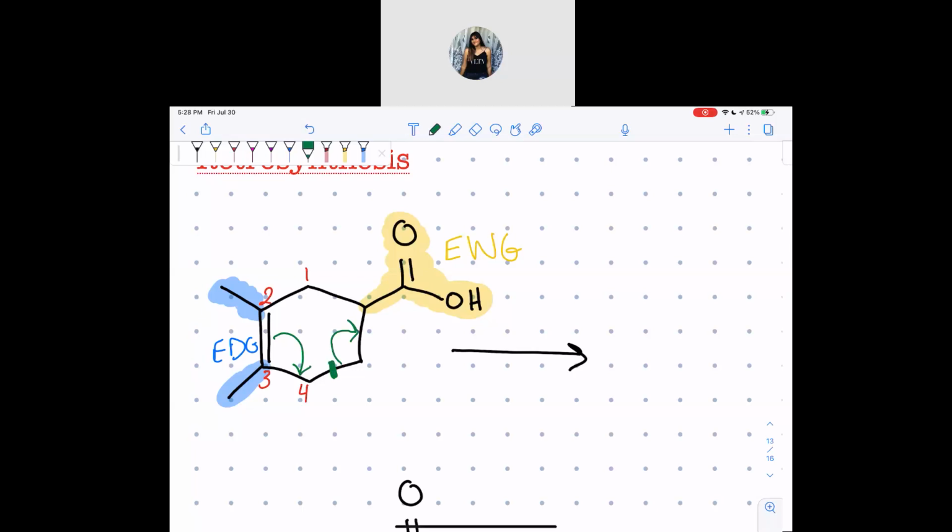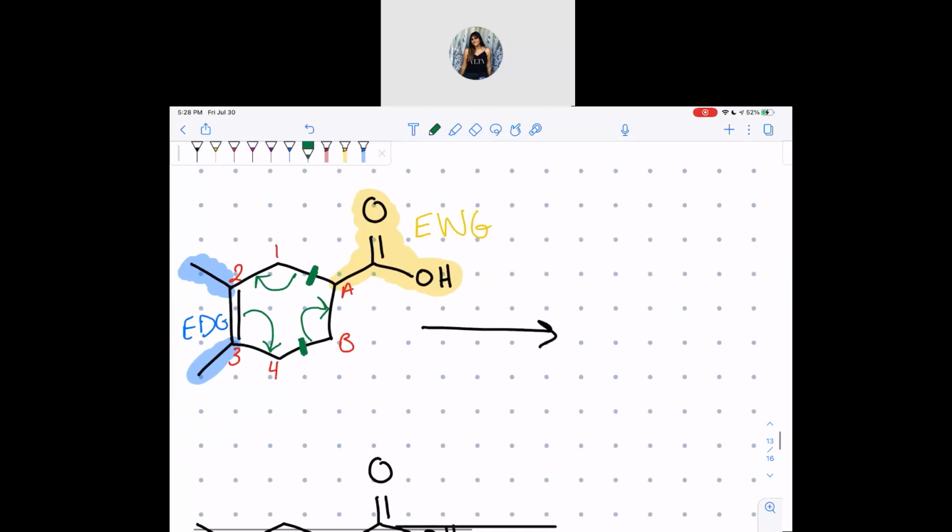And so we can also fill in that this is carbon A and carbon B, which would mean this one broke. So these electrons went over here. And so we got,